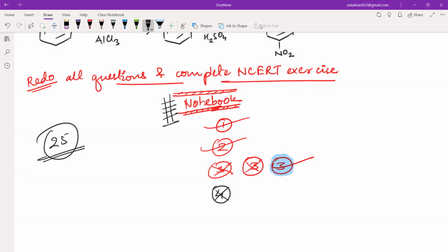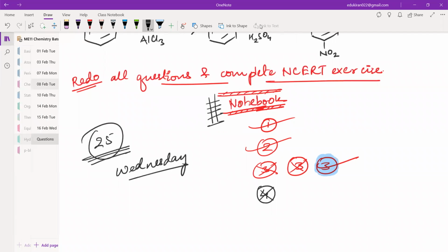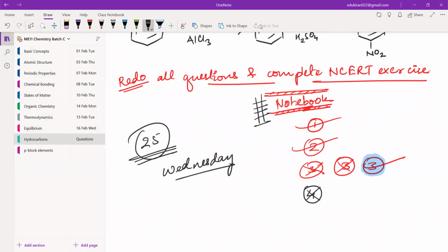Start doing that, then we will meet on Wednesday and we will be revising hydrocarbons, है ना, states of matter।